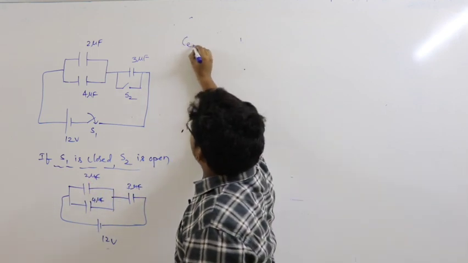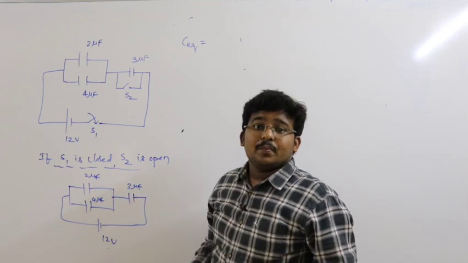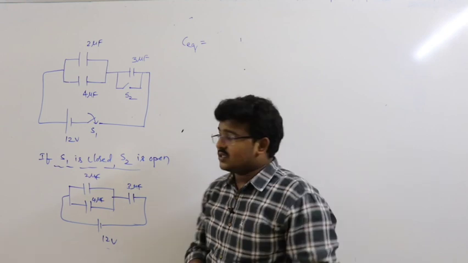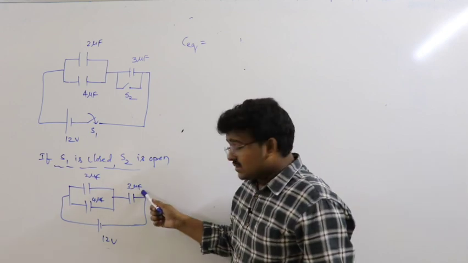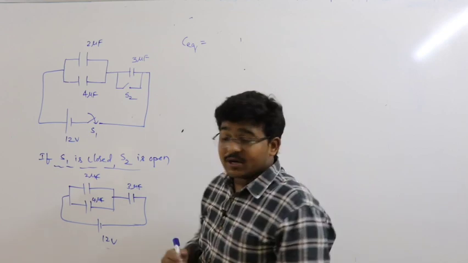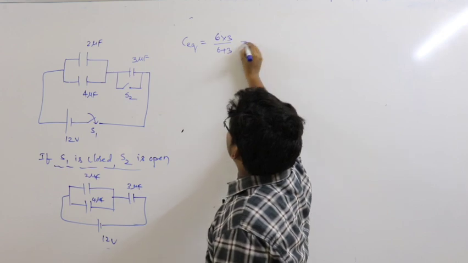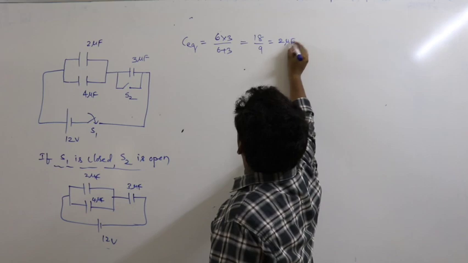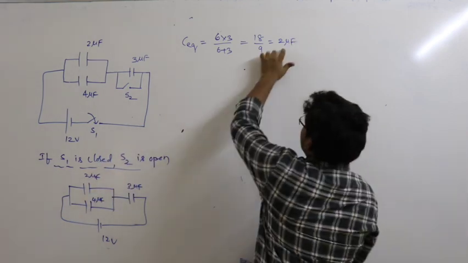Now see, equivalent of the circuit we can find as, this is parallel, what is the combination? In parallel, simply add the capacitors, means 2 and 4 means 6, and here that 6 and 3 will be in series, means what is the formula? Product by sum, I told you. So 6 into 3 by 6 plus 3, so 6 into 3 is 18 by 9, it will be 2 microfarad. What is the equivalent? We can replace this with a single capacitor called 2 micro.